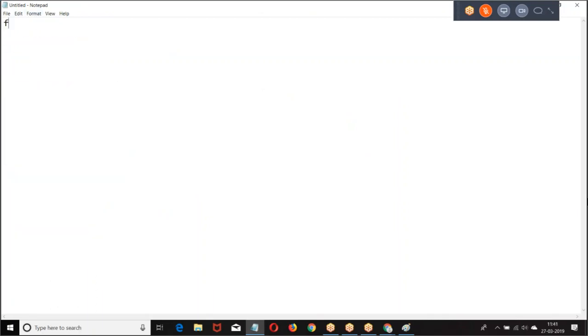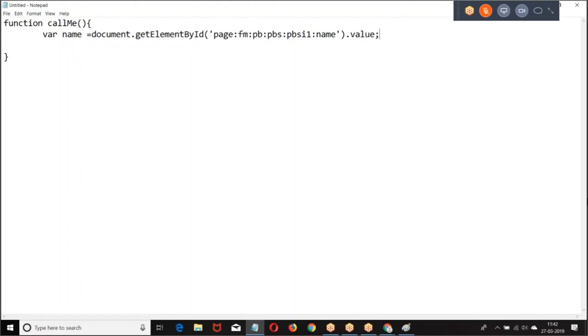How do you define JavaScript? Now you want to read the value. Tell me, how do you read the value? Where? Document dot get element by ID.